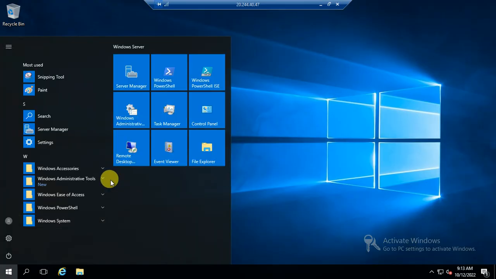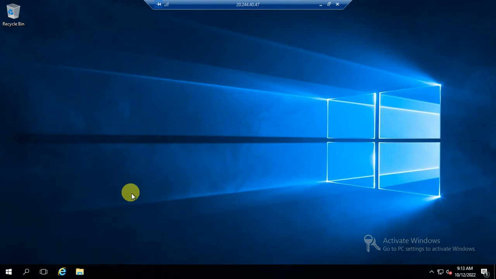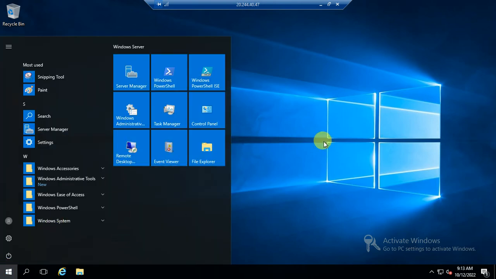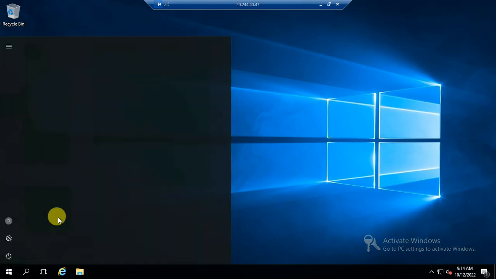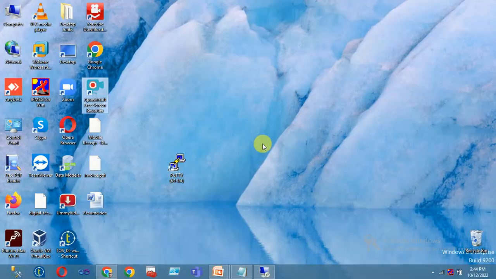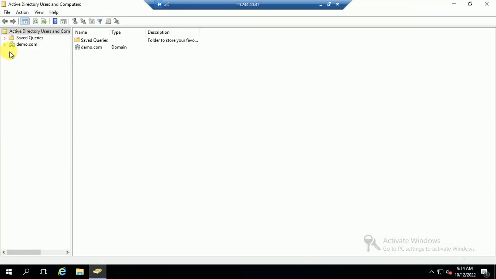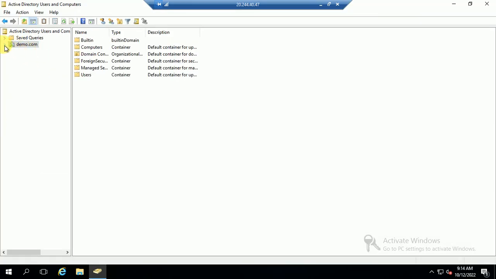So let me check if it is installed. dsa.msc. So the domain controller, I think it's installed. Oh, it's very slow. Okay. So you can see it's the domain demo.com. It's created. So let me create one user